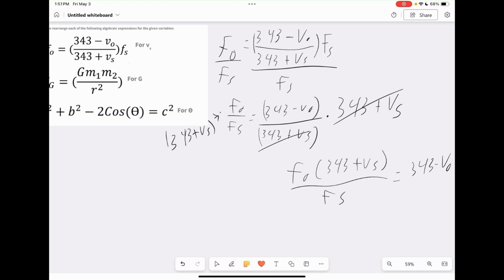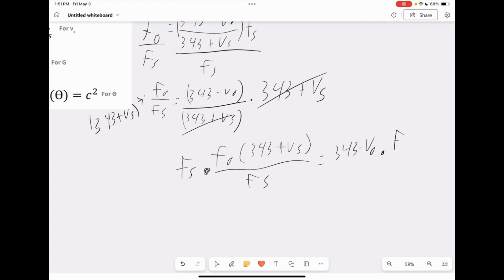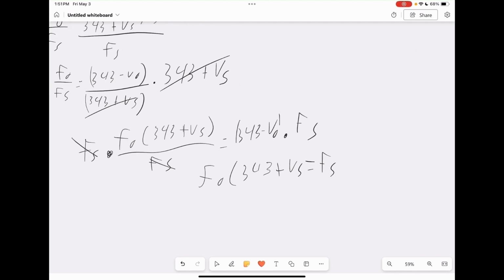Okay, so now I want the Vs by itself again. We're going to get rid of this Fs on the bottom. So I'm going to multiply both sides by Fs. Over here, I will multiply by Fs. That should be in parentheses probably. I end up getting F naught. That cancels here. F naught times 343 plus Vs equals Fs times 343 minus V naught,